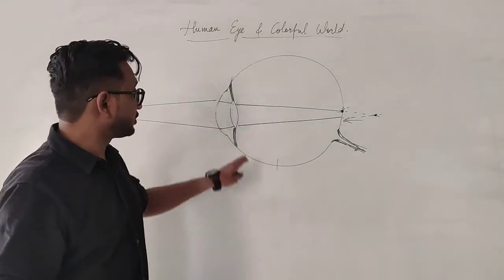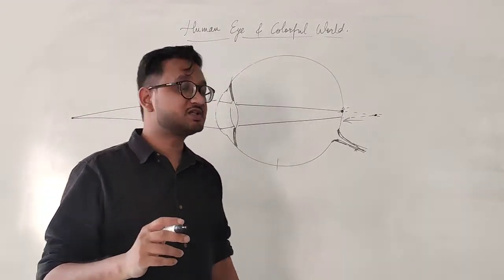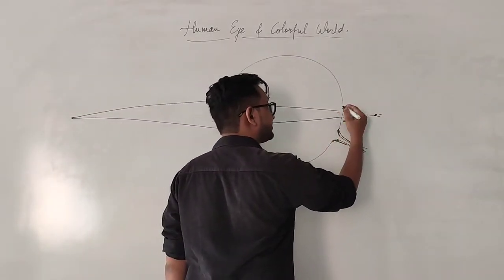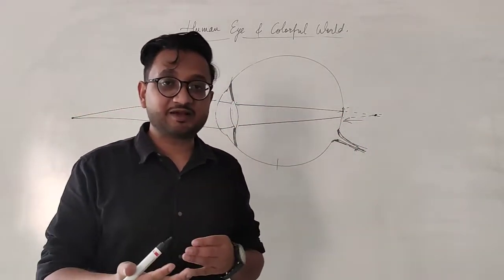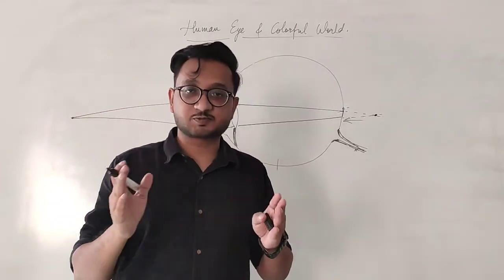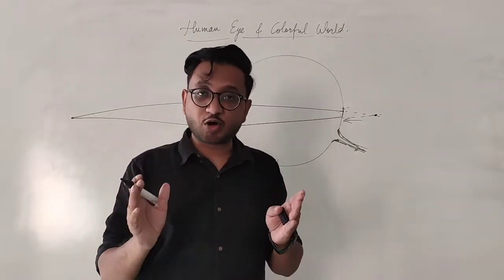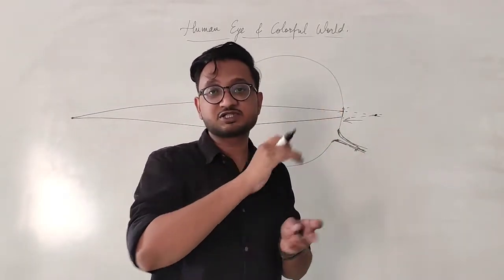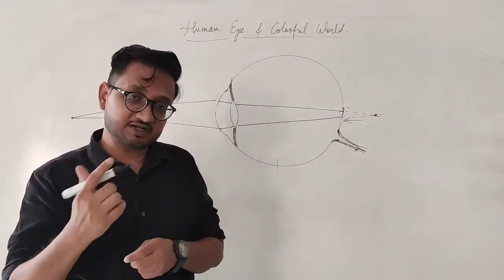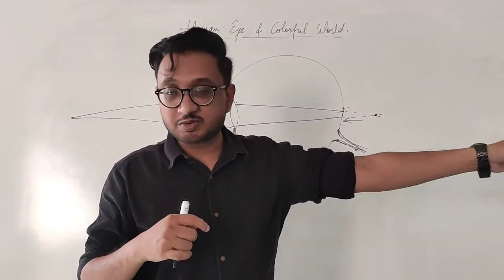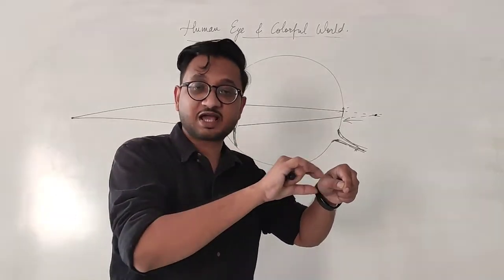Now this focus point for the convex lens should be on the retina. Then and only then will the image be clear. So the focus point should be on the retina. So our human eye lens has the ability to change its power. We studied power in the previous chapter. Okay, so if the power is more, that means the convergence or the divergence is more. If the power is less, then the convergence and the divergence is also less. They will diverge and they will converge, but the focal length will be more. If the power is more, then the focal length will be less, because the convergence happens very quickly.